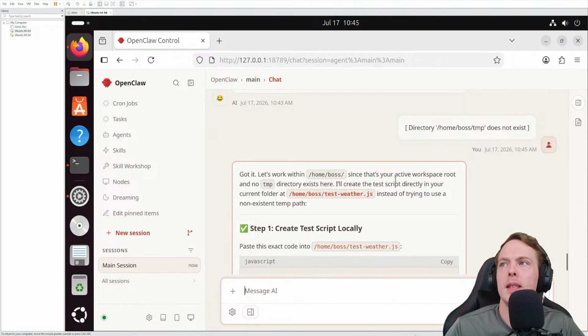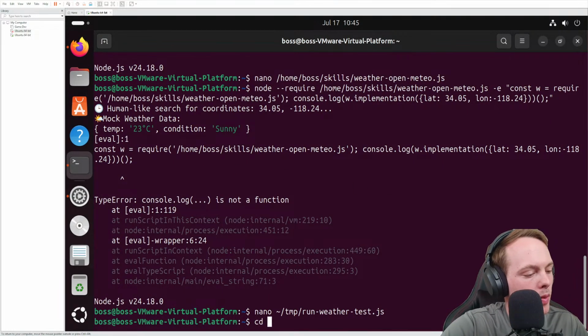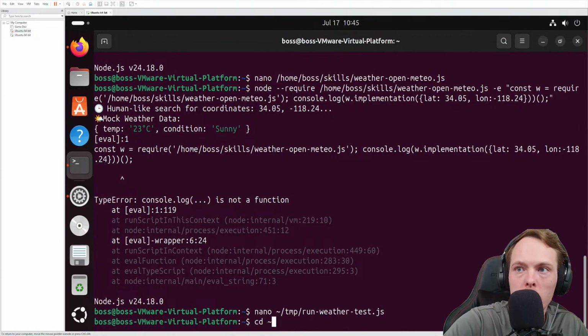No, active workspace is not there. Active workspace is